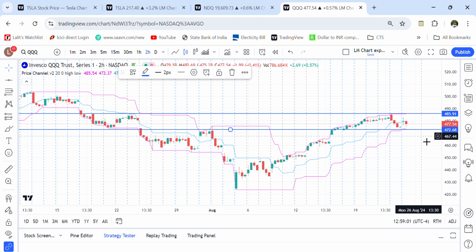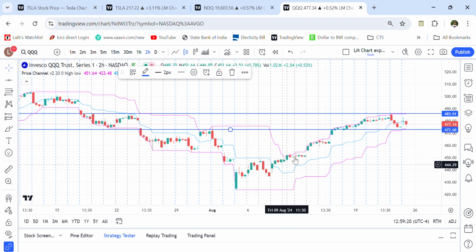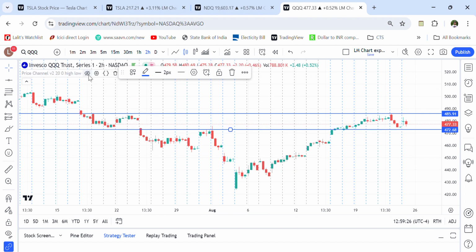Okay, so this is like taking a base from the historical movements of the stock and taking a support and resistance, marking a high and low of that period. Okay, so this is the concept of this price channel as I showed you. Now if we can see the same thing, if I increase the length of, sorry,